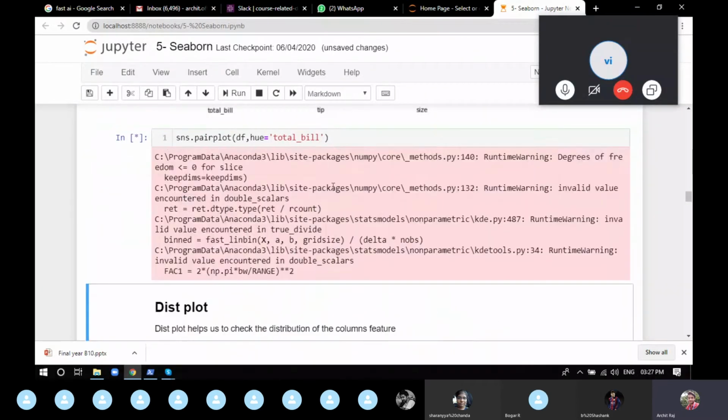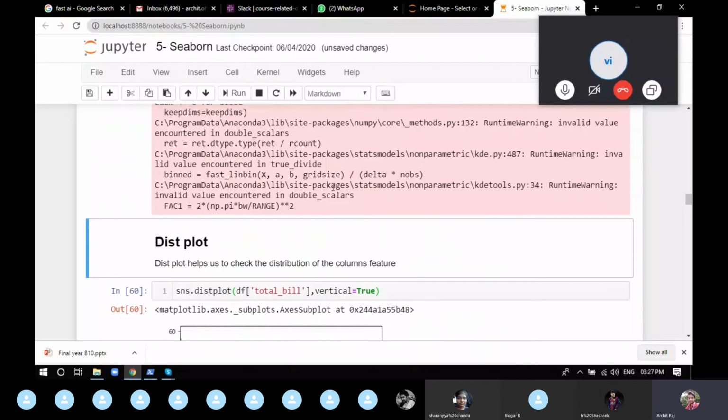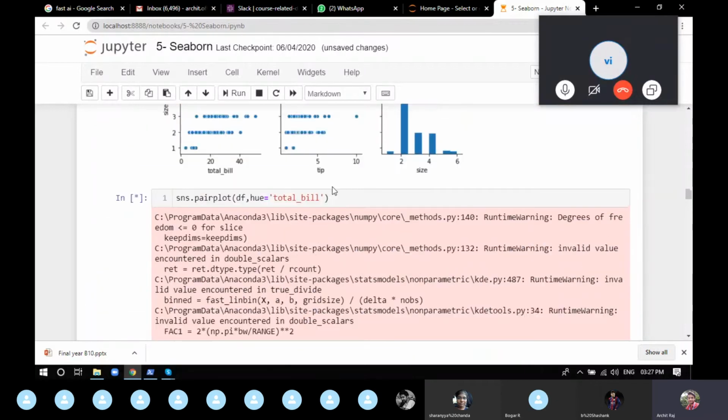And that's why I told you, if your work can be completed by Matplotlib, it's suggested to use Matplotlib, because Seaborn takes a bit of time. So you can see it's still running to give the graph. I'll come back and show you. Let it run. When it's plotted, I'll show you how exactly total bill will mess up the whole graph.